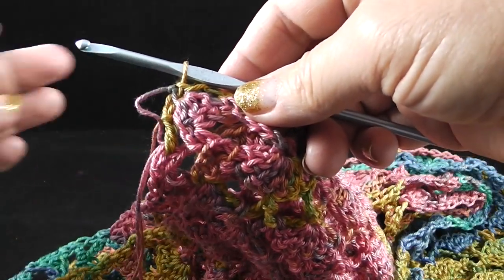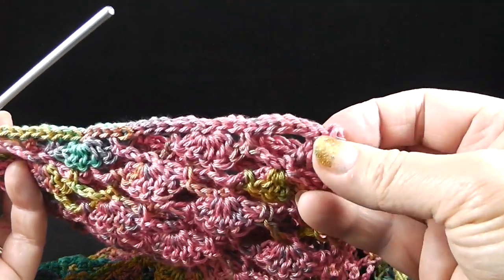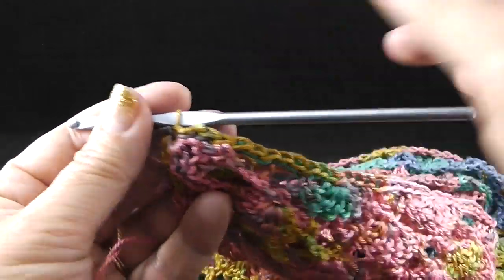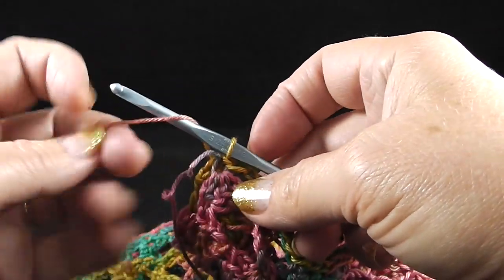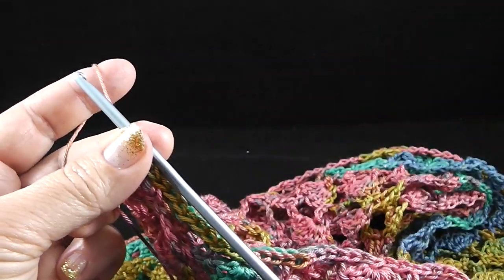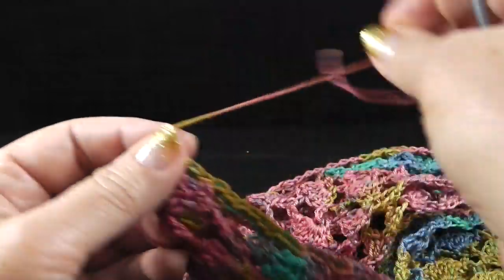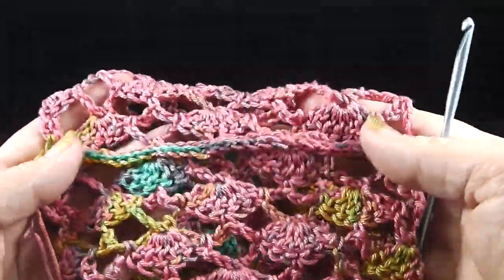After working the slip stitch all the way across the row, let me show you. It's not the prettiest slip stitch in the world, but it's going to be on the back side and hidden, and it is multicolored. I would not let that worry you 1 minute. Okay, and then go ahead and pull a chain, pull it tight, and then we want to clip our yarn. I already clipped it. Okay, and pull it on through and give it a tug,